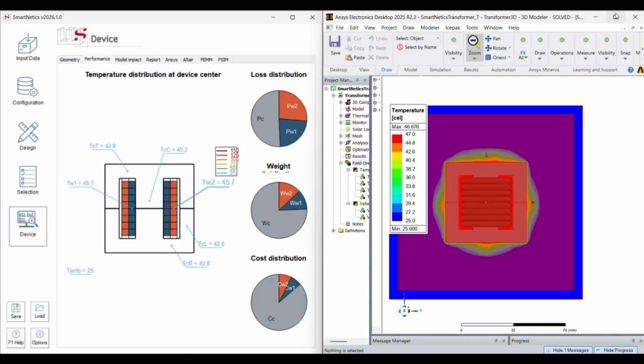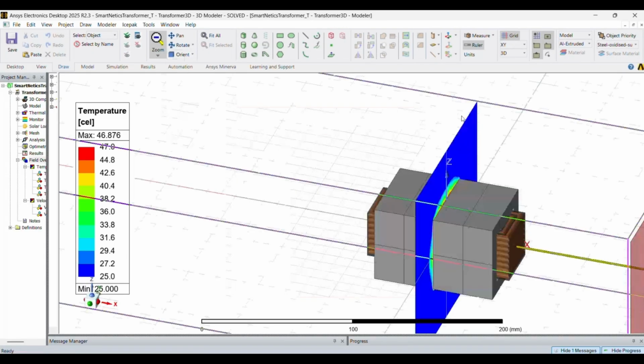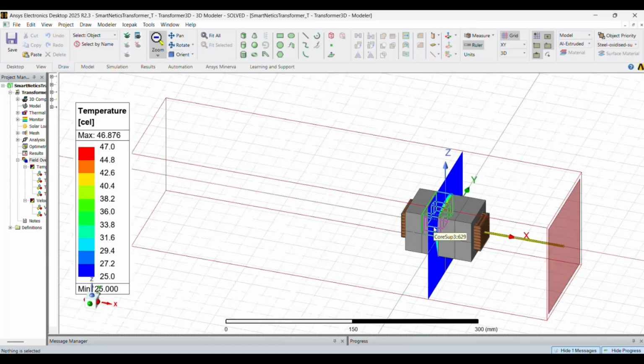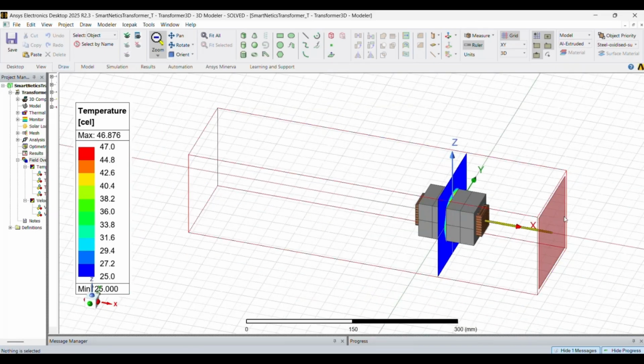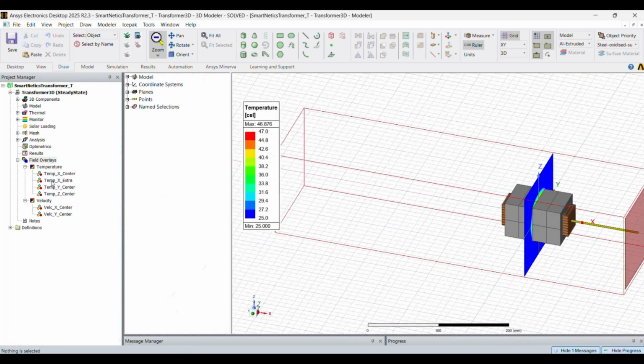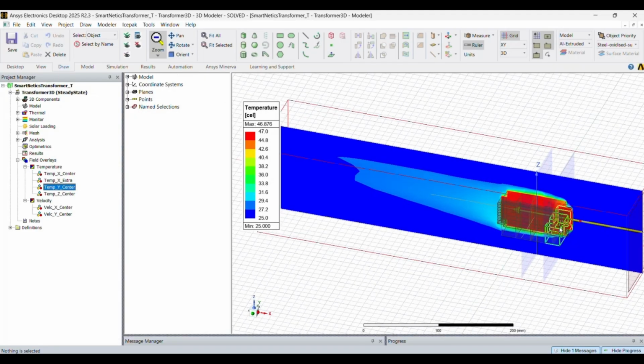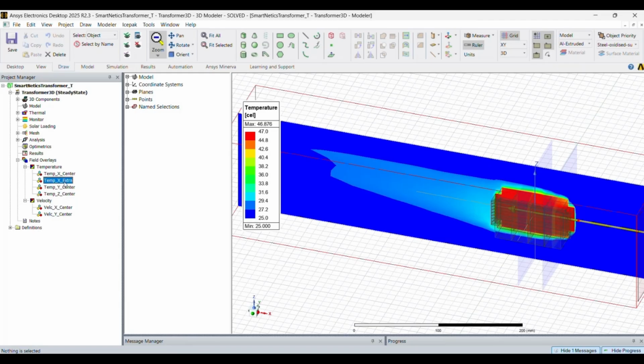And the next good thing about this is that once again, the same as in FEM, for example, you don't need to know anything. You don't need to know how to use ANSYS. You don't need to know how to export your materials or your fan or anything. Everything is configured for you. The only thing you need to do is run the simulation, get the results, check the temperature distribution you have, etc. And that's all.